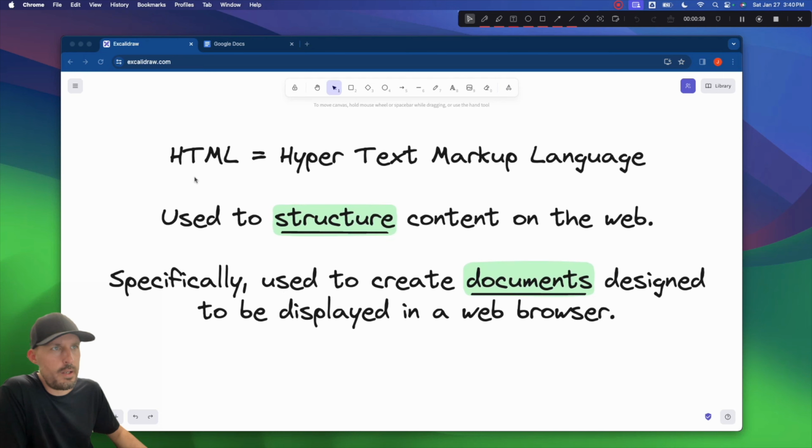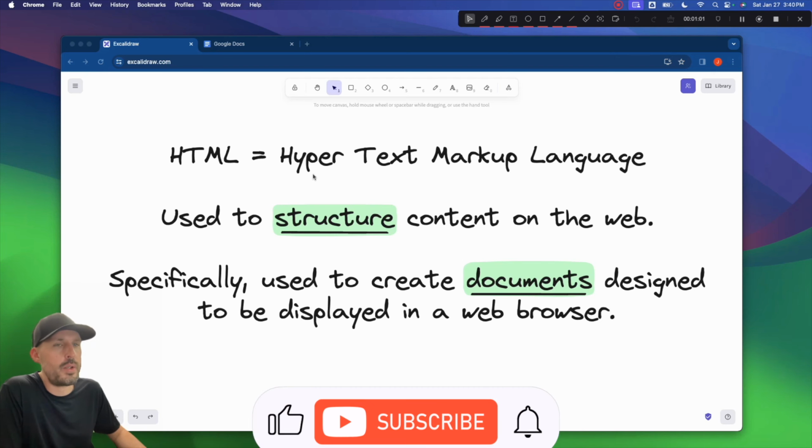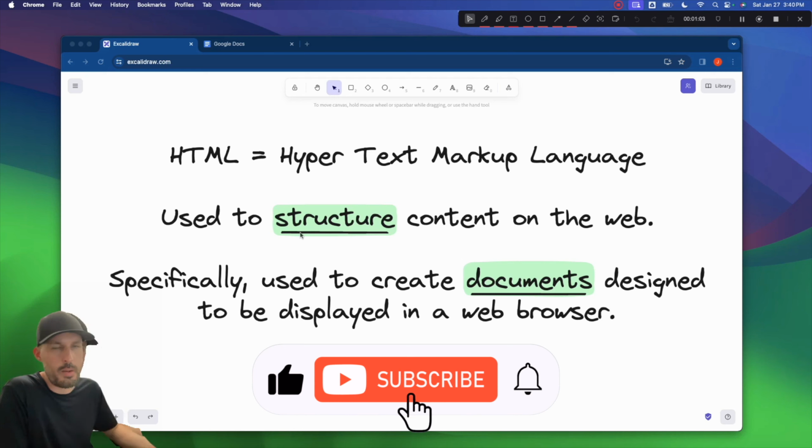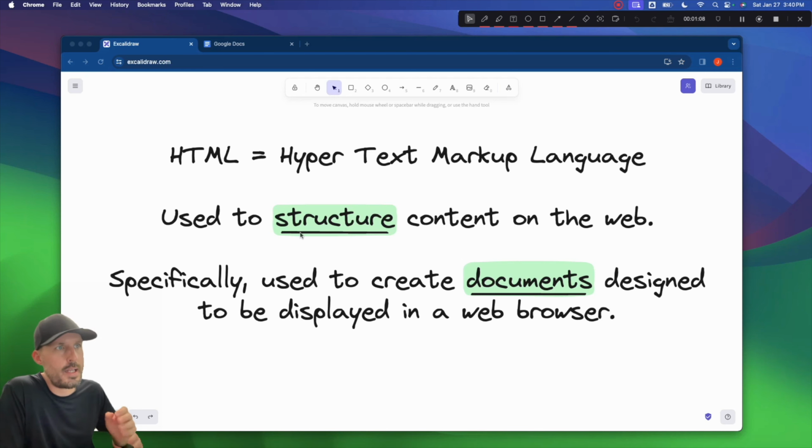So HTML itself stands for Hypertext Markup Language. So it is a markup language, not a programming language. And the hypertext piece of that has to do with hyperlinks. So everybody's probably seen, if you clicked on this video, you clicked on a link of some sort. That is the hypertext piece of it, linking of documents across the web, so that way you can navigate around across the internet. However, HTML specifically is used to create those documents that are designed to be displayed in a